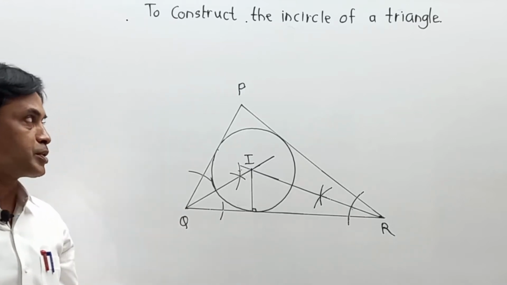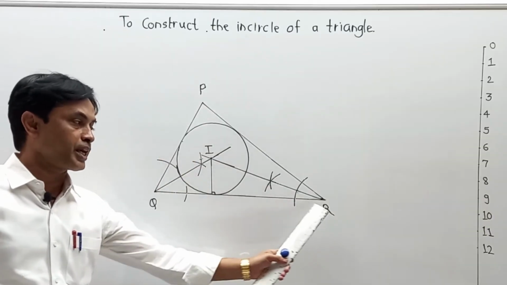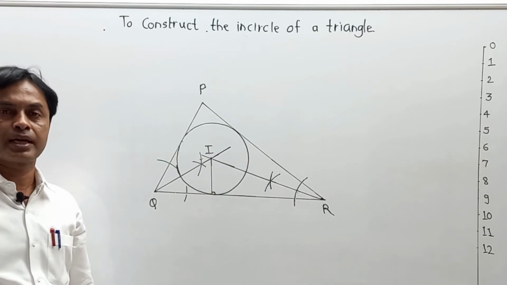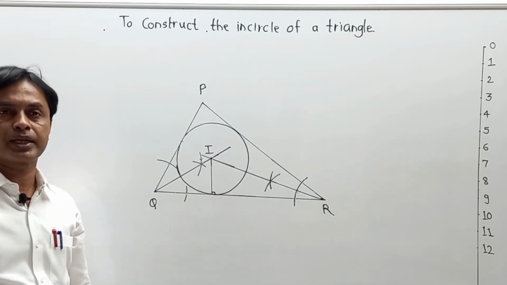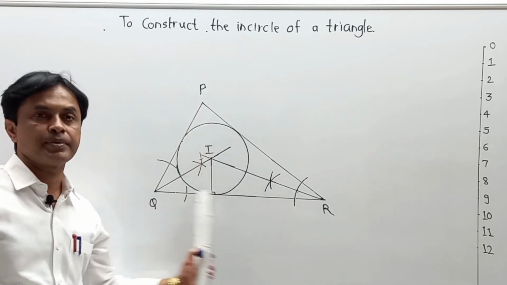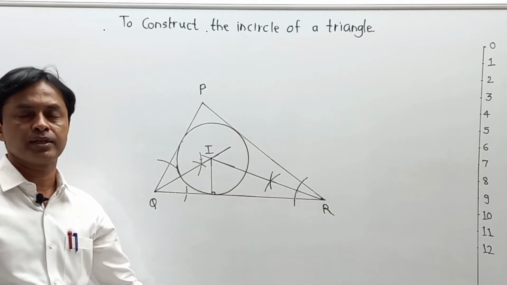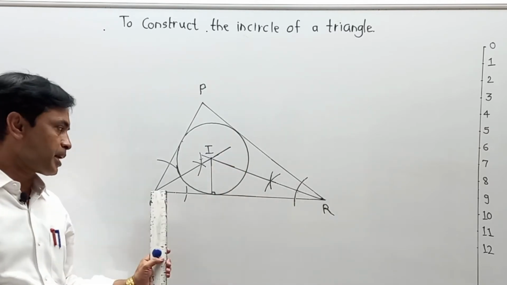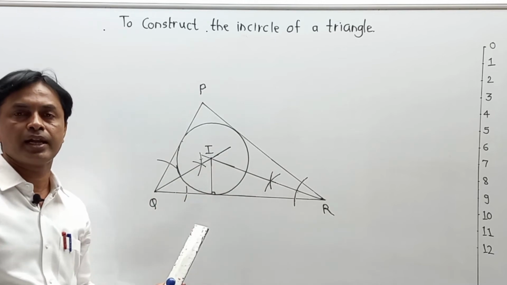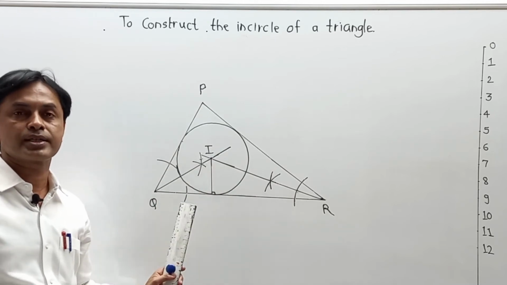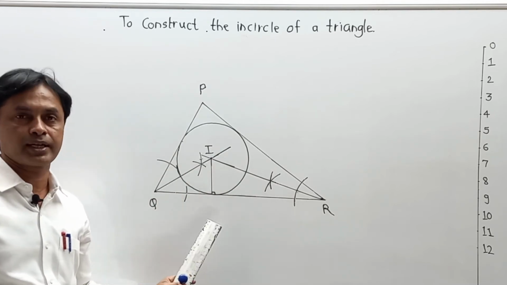Now students, once again please pay attention. First of all, you have to draw any given triangle, which is PQR, ABC, LMN or whatever the nomenclature may be. In that case, they may give you the lengths of all the three sides. Sometimes they may give you two sides and one angle. Means first of all your direction is towards drawing a perfect triangle.